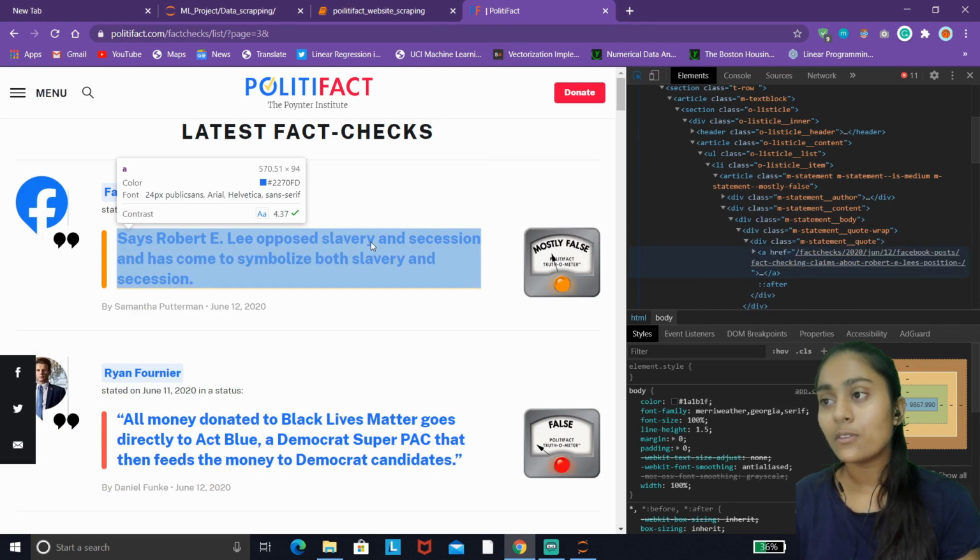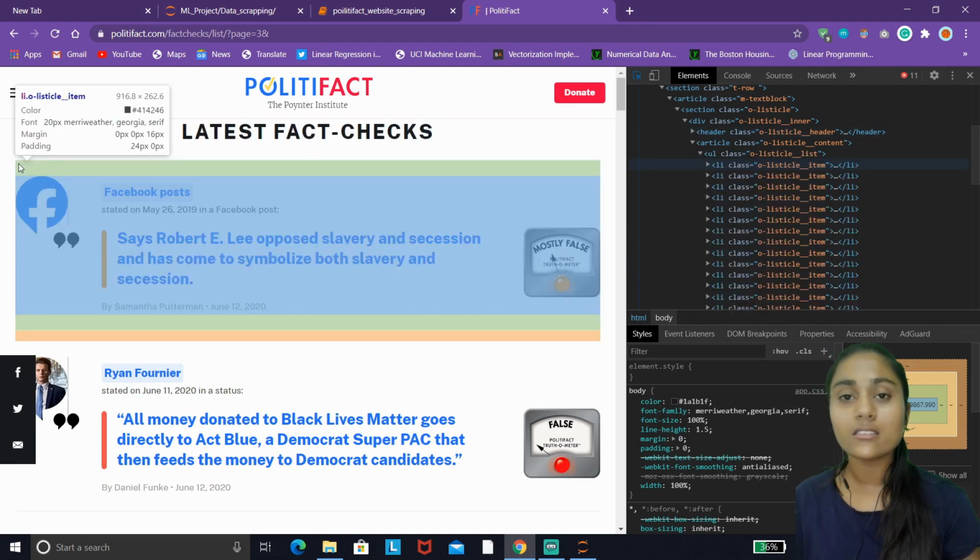So if I want every news article listed on this page, I will select the whole section of a particular news article. Here I am selecting one news article like this.